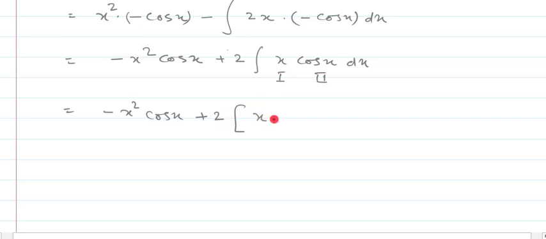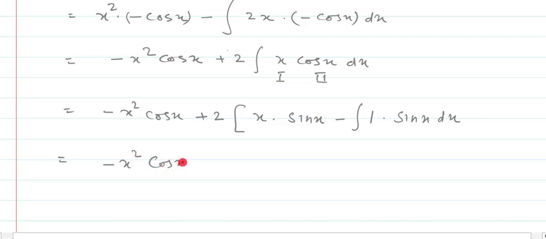So again first function into integration of second minus integration of differentiation of first into integration of second dx. So again and again you need not write this, integration d by dx of x, but in your mind it should keep going on that we are doing differentiation of first and that is x, so 1 is to be written. Integration of second means sin x we need to write. So just think and write. No need to write the formula again and again.